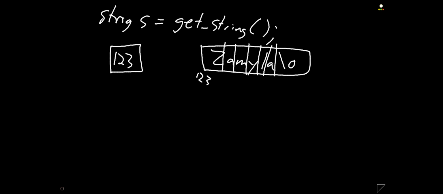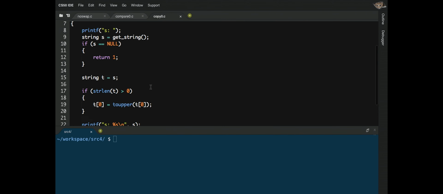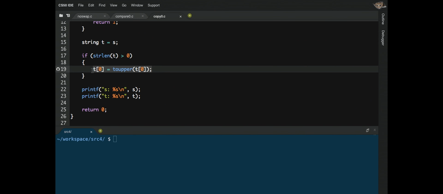But in my copy 0 program, recall that I did this. String t = s. I didn't call getString again. I just said store s inside of t. Effectively, I thought making a copy of it. What this left-hand side gives me is another box called t. If this is s, this is t. But what goes inside of this new box t? Well, what goes inside is literally a copy of s. What is s? s is 123. OK, t then is 123, which means later in my copy program, when I simply decided to capitalize t[0],